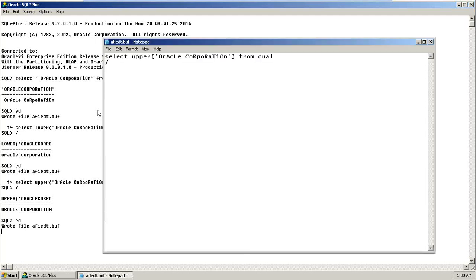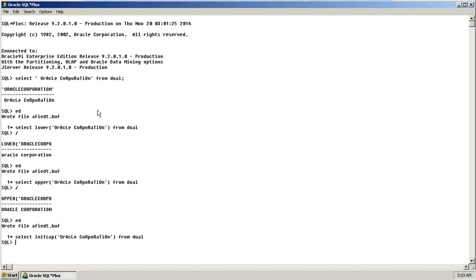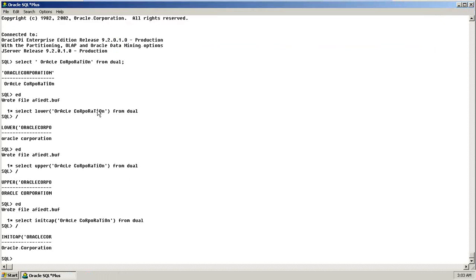And you have another function, that is init cap. Init cap means initial capital. It converts the string into initial capital. So the first character of the word is a capital letter, remaining all are small letters. That is initial capital. Just you see, select